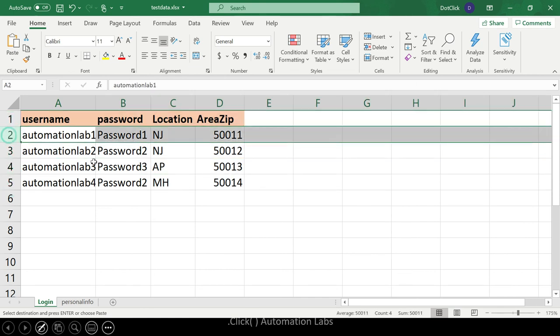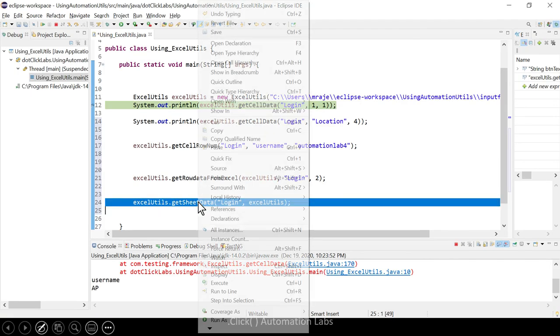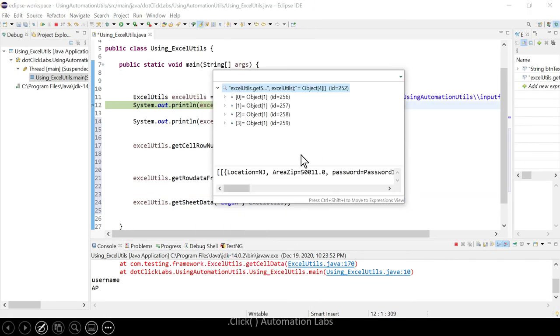Okay, and headers are treated as key values, not as a value. It's only key. So location, area, these are the keys, and all the values are stored. So this is the first row values. You see automation lab 1, password 1, area zip, and this is row 2, location nj 50012, password 2, username automation lab 2, row number 3, location ap 003, password 3, lab 3.